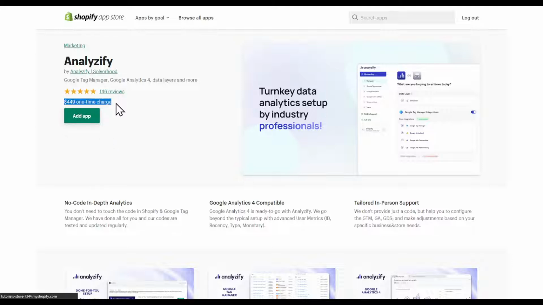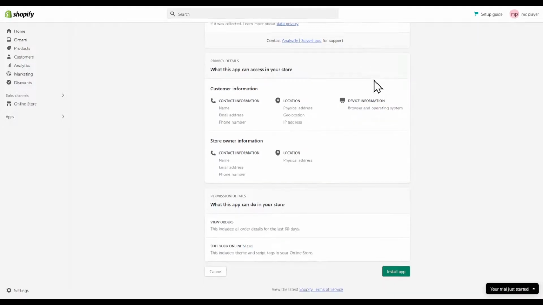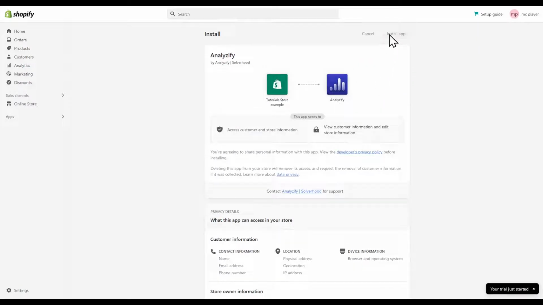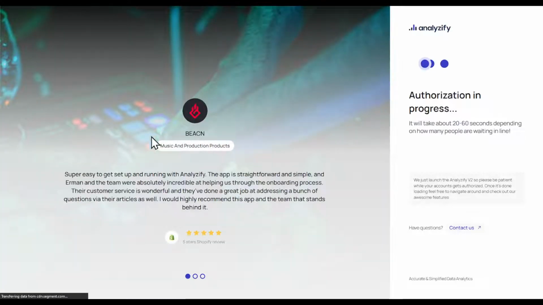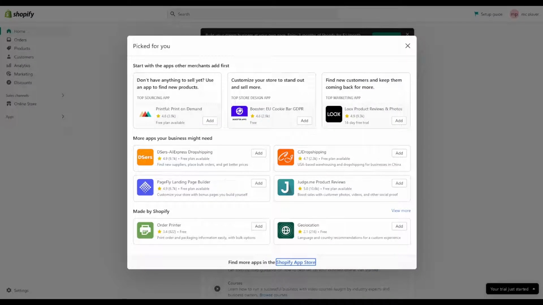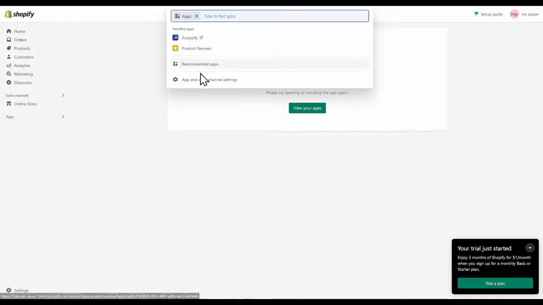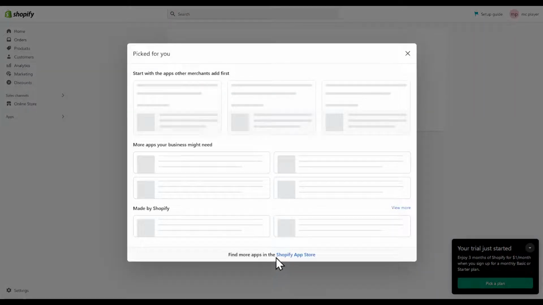As you can see, this app has a charge of $499 on the payment, and let's click on install. And as you can see, it's authorizing, and it's going to lead us to the payment page after this. But as we don't like that, we're just going to go with a cheaper option. For example, let's go back, recommended apps again, Shopify App Store again, and then let's close this tab,